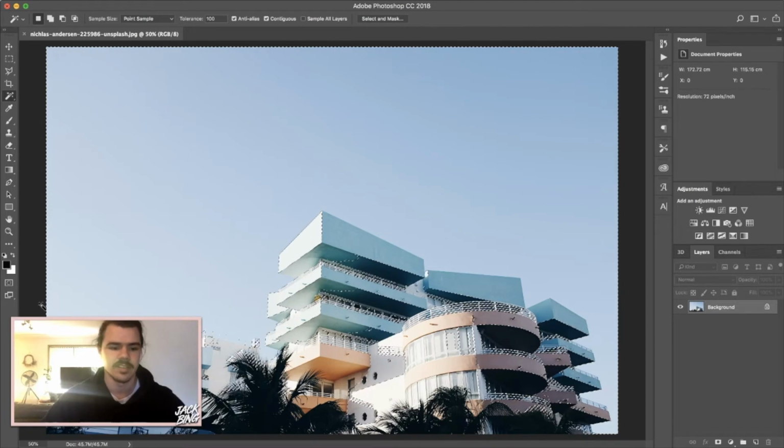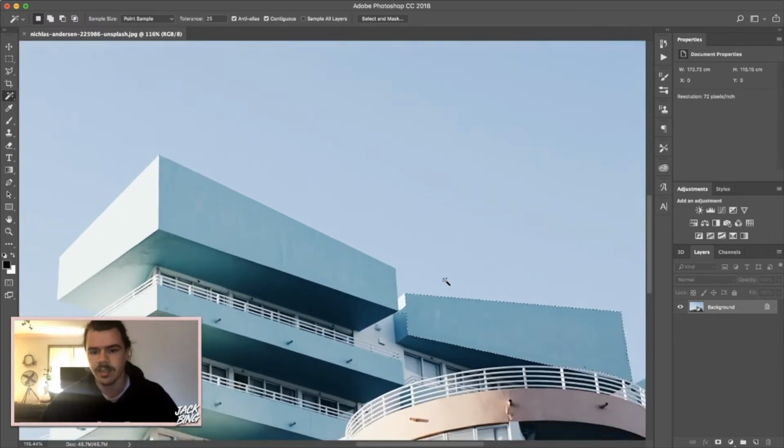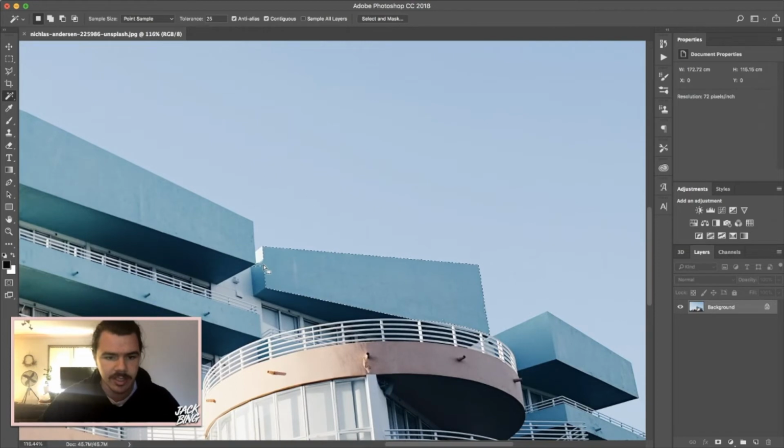So you can see where the dotted lines go all the way around here. That's too much. So if we wanted to hit that bit there, probably about 25 is a good way to go. It's a really good starting point, and with this it always changes. So the main thing is that you just adjust it as you need to. So 25 gets us a nice clean line around there. You can see if I zoom in here that we actually got a little bit of extra there,